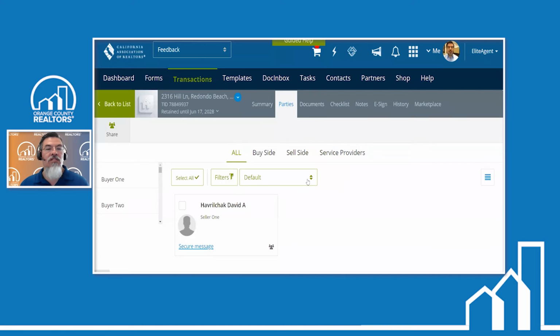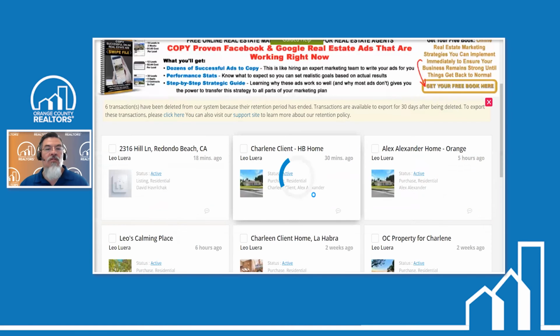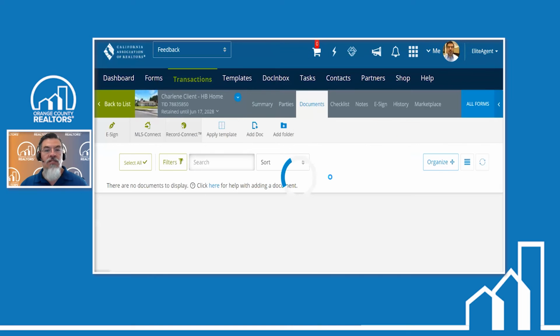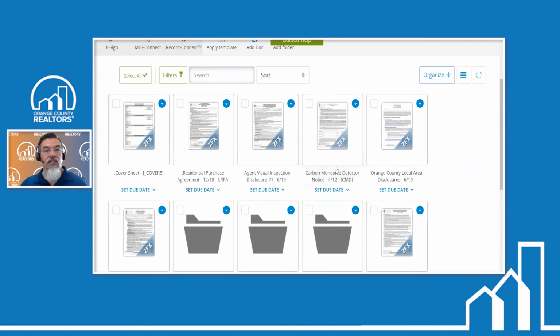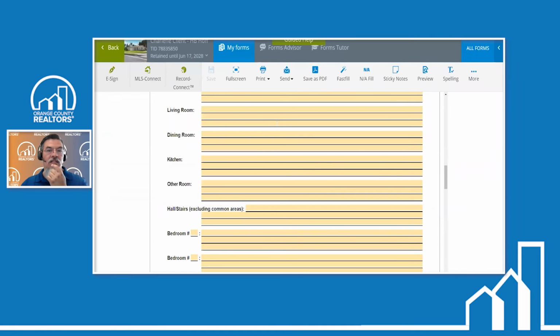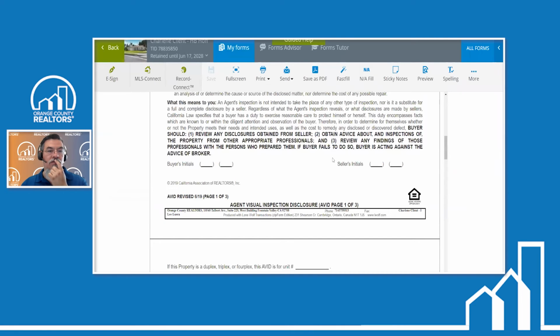Let's go back out. So I'm going to go into a previous transaction that we did. Documents. Did I have it here? There we go. Agent visual inspection. This is a good tool to use, and I forgot to talk about it in the first class. But